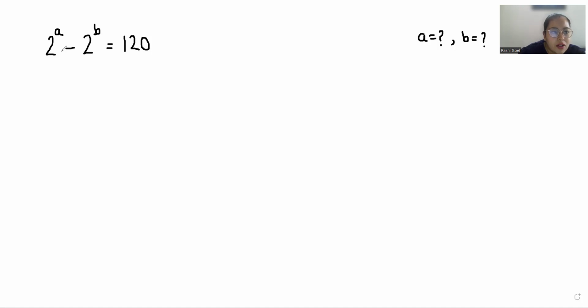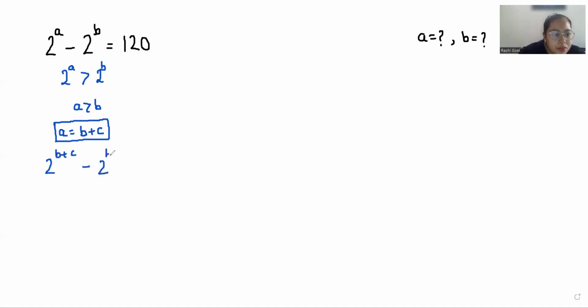As we know that we have to subtract 2 power b from 2 power a, that means 2 power a is greater than 2 power b, that means a is greater than b. So we can say that a is something that we have to add in b. So a is equals to b plus c. If I replace 2 power a with 2 power b plus c in this equation,